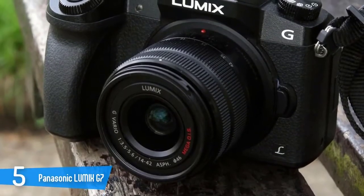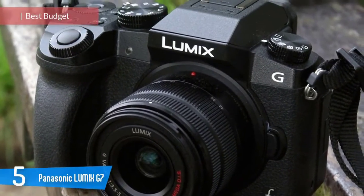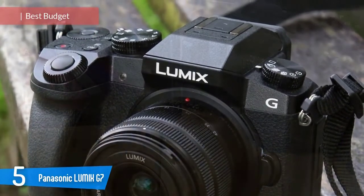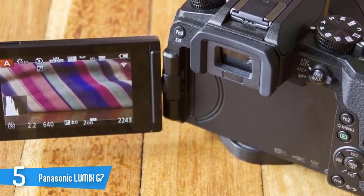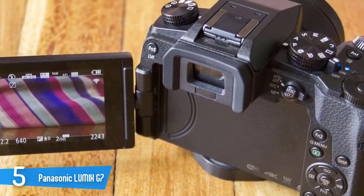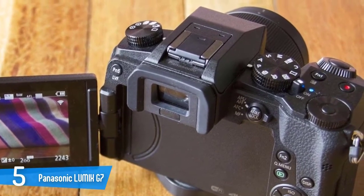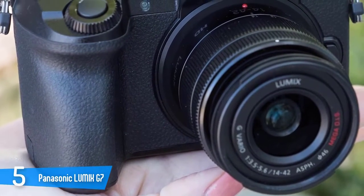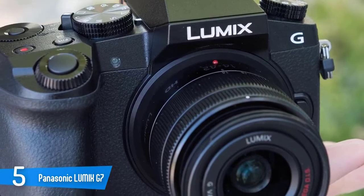Number 5. Panasonic Lumix G7. The Panasonic G7 has a slim, handsome-looking body with sharp angles that's available in two versions, black or silver finished colour edition, and even though we're currently reviewing the silver-coloured version, feel free to switch because you simply can't go wrong. A 3-inch 1040K dot vari-angle touchscreen sits under the viewfinder and outputs a decent level of brightness, and it's very responsive as well, which will add a lot to your user experience because all of your gestures are going